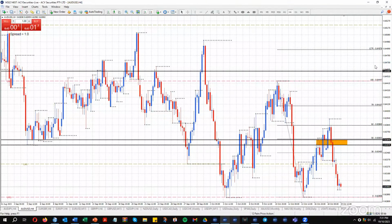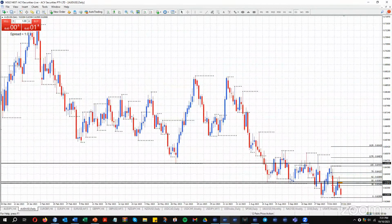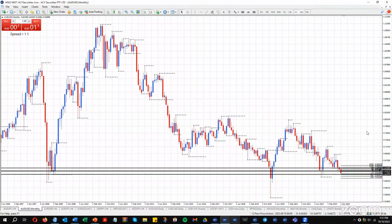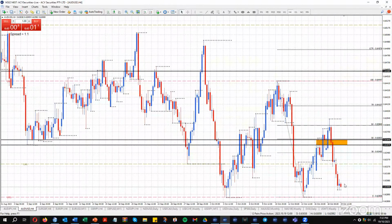we're actually getting quite low down in terms of where support can come in. If we go back to the day chart a moment, we've got some monthly support down here at 62.47 and we're trading at 63. So we're only 50 pips away from where monthly support is. So while we can see this pair is trending down for another lower top, you're probably going to find quite a lot of support from 63 down to 62.47. 62.47 is monthly support. If you go to the monthly chart, it's this area over here. All right, so we're in a known area of support, so that's why it keeps bouncing up from around 63. So you just need to understand where we're at, and we could actually see a bounce back up from here